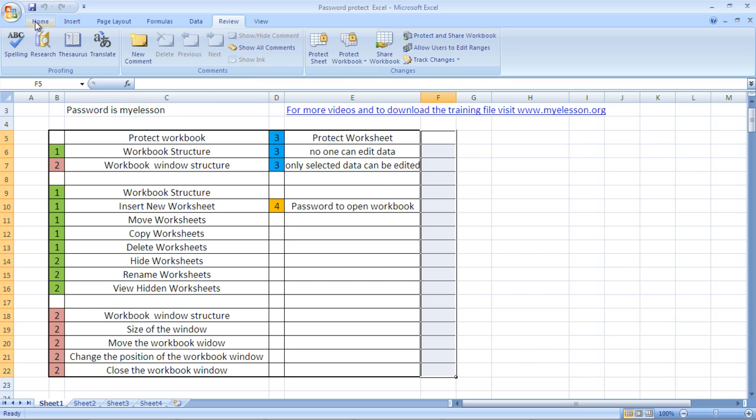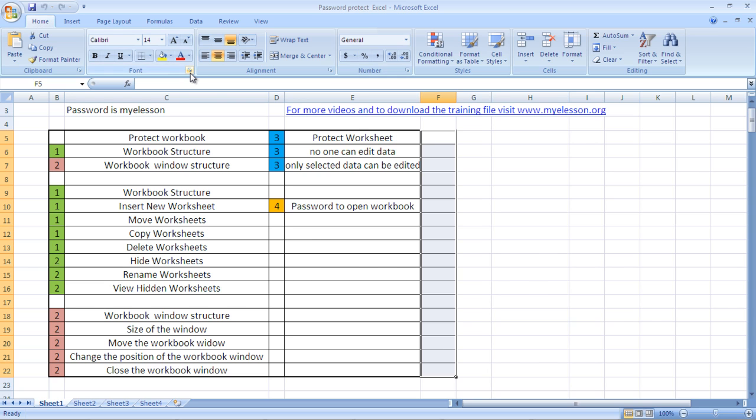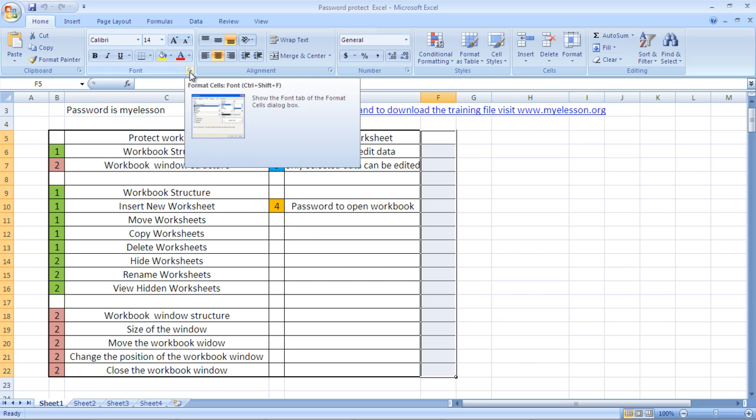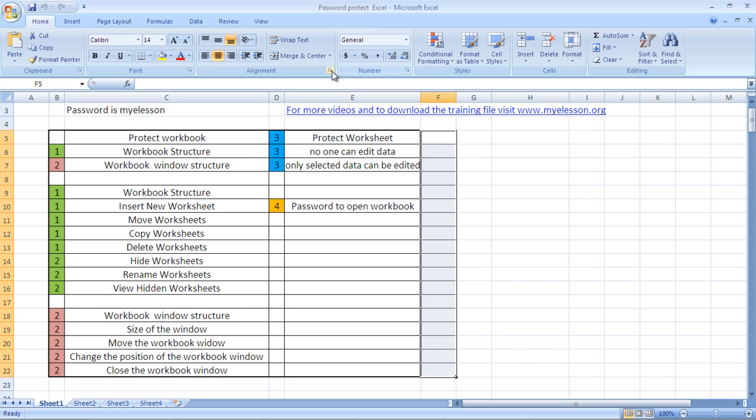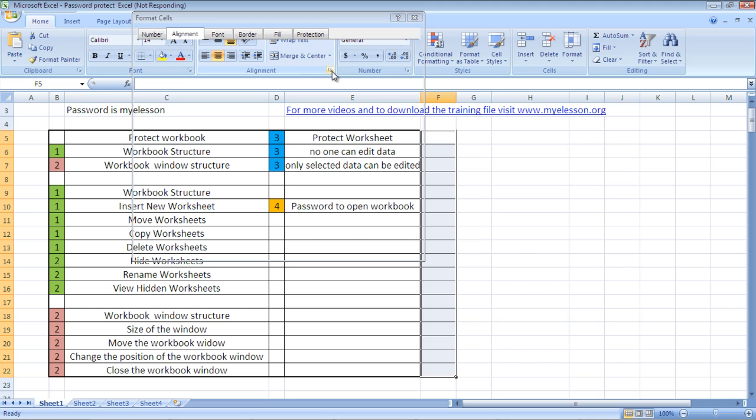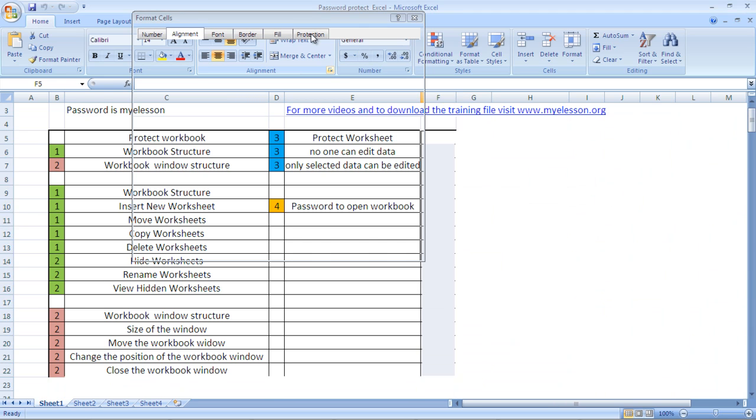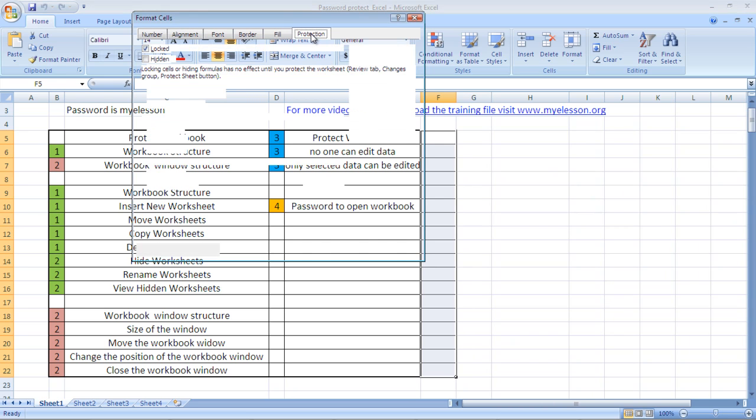I click on home and then I click on this arrow, either this one or this one. I click on this arrow and I choose protection. The system is running very slow.